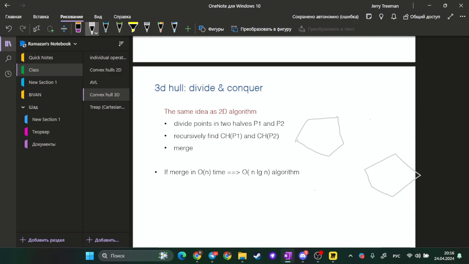You need to find the upper and rightmost point for the left polygon, the upper leftmost point for the right polygon. Then you need to connect it, and then you need to connect